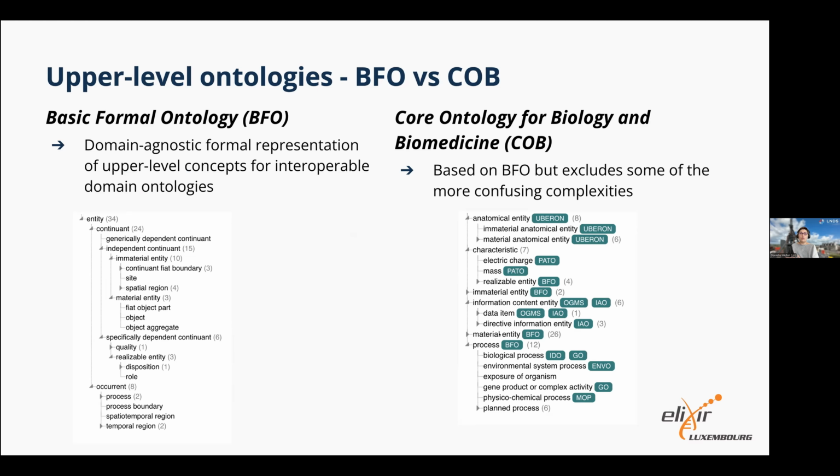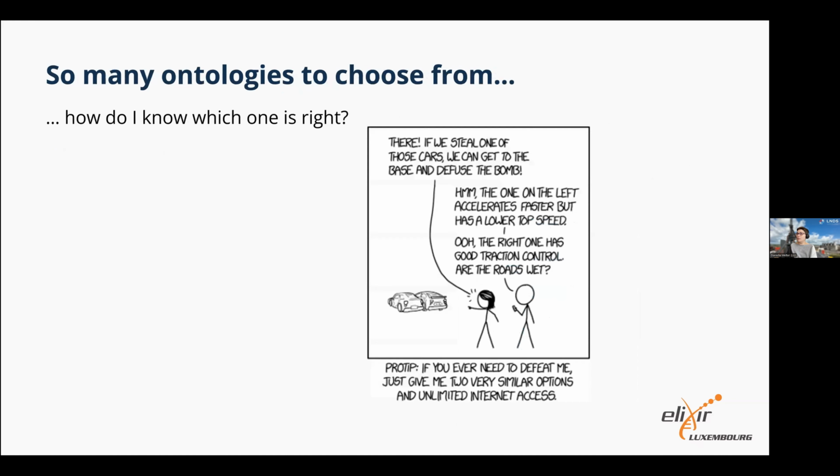We deal a lot with concrete things, material entities, which can be anything from chemicals to molecules to cell lines and so on. So that was an important one. And then we do model a lot of processes. You've got biological processes from GO there, environmental processes, and so on. So they put together a slightly more pragmatic upper level that still helps bring together most biomedical ontologies. That's all you need to remember about this, that it's an umbrella framework. I mean, there's lots of brilliant tutorials if you wanted to know more details about it, but if all you take away is the weird abstract terms are really connecting terms, then I've done my job for today.